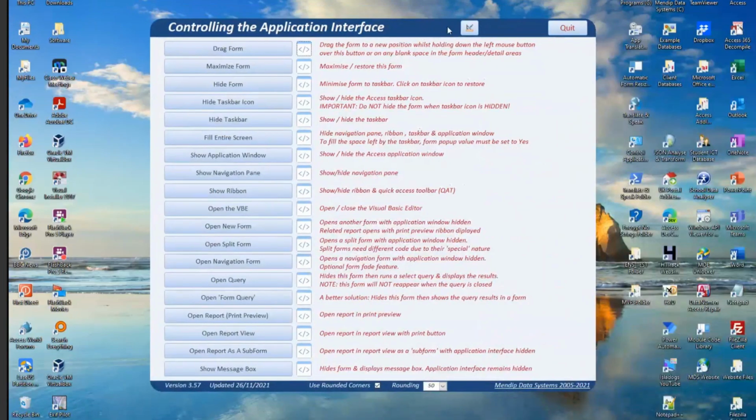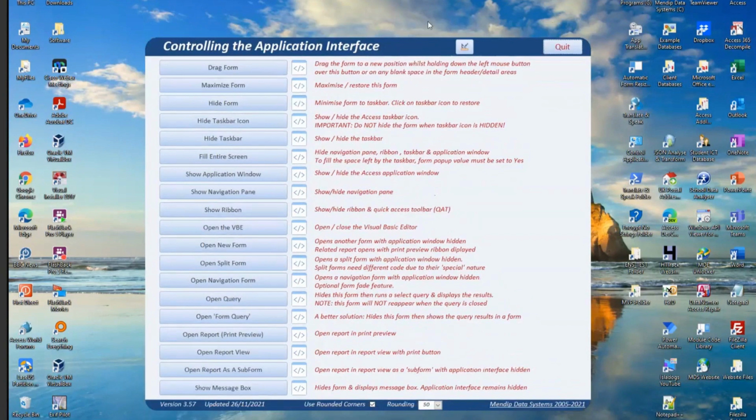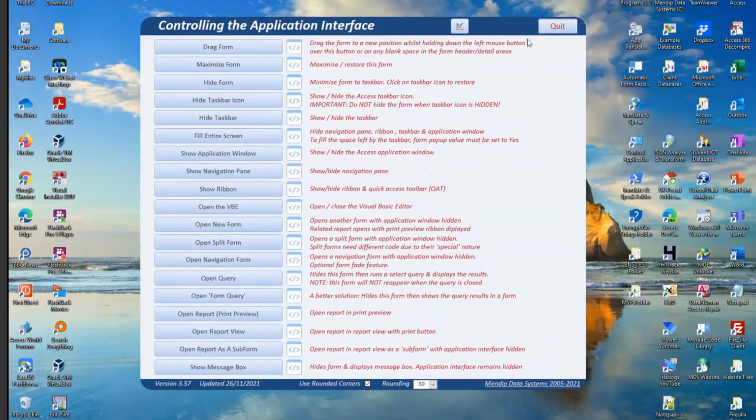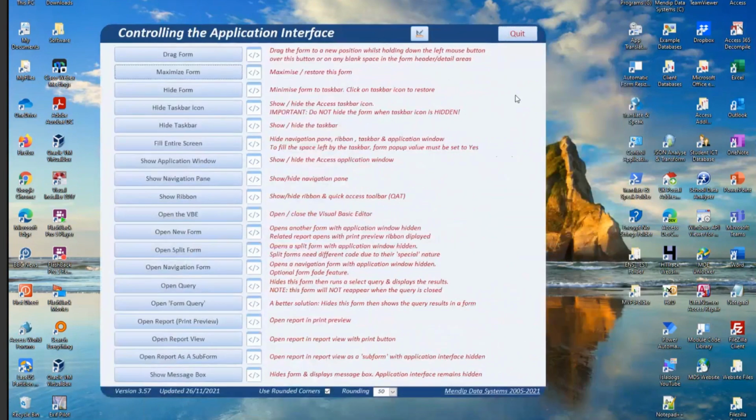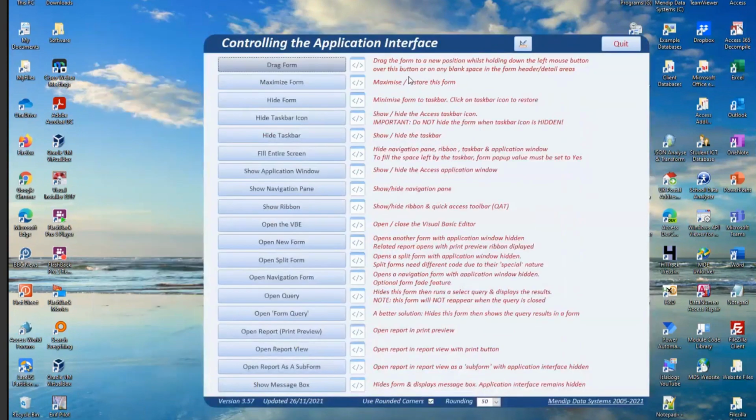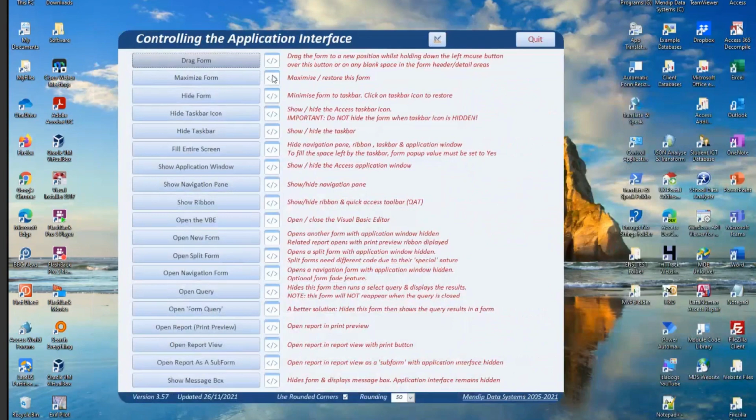I'm using these as I tend to like them anyway, but I use these often when I'm hiding the interface because I think they look better than having a title bar on the top. I think that tends to spoil the appearance to some extent. The standard problem with borderless forms is, of course, without a title bar, people don't know how to drag them. I can drag it either by clicking on an empty space here, or an empty space on there, or I can use this button. Any of those will work. And it's very simple to do.